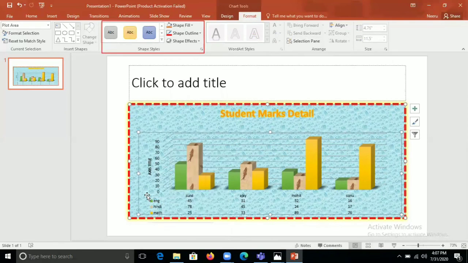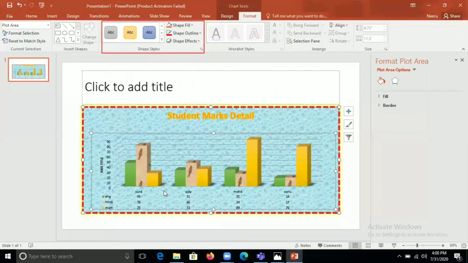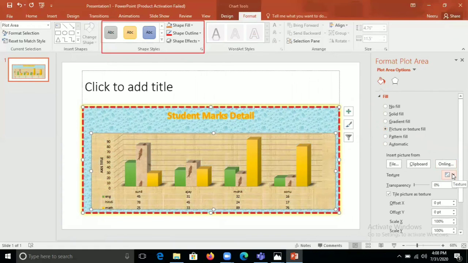You will find one option, format plot area. When you right click on the plot area, we will find format plot area. Click on format plot area. From here also we can provide the solid fill, gradient, picture, texture, whatever, or from the format tab also. It depends upon you from where you want to take.